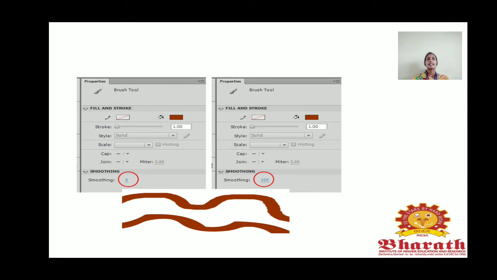When you are setting the color, you can change the pixel value and increase the scale value according to your point. When you increase it, it will automatically increase the size of the paint brush also. Okay.